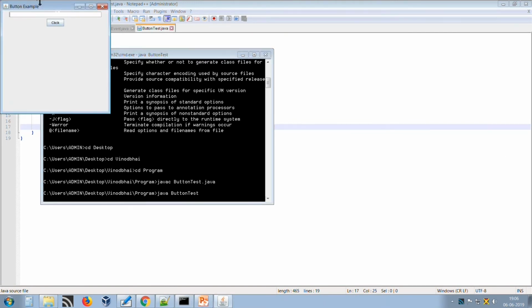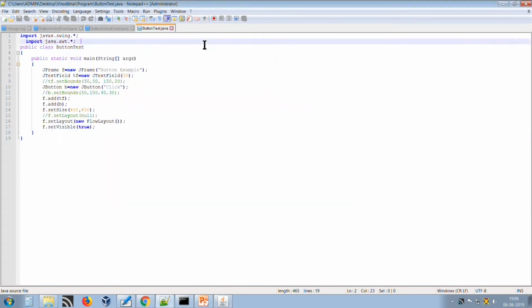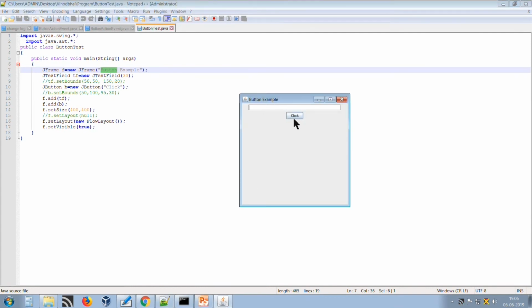We can see in the GUI container that this is a button example at the topmost level of the container. Button example is the argument that we have passed to our JFrame container, and then we have created a text field with a size of 30, and a button having the caption click. So, this is a simple demo of Swing components that we have created. In the same way we can create the checkbox, radio button and other controls. Now, in the next program we will see the event handling